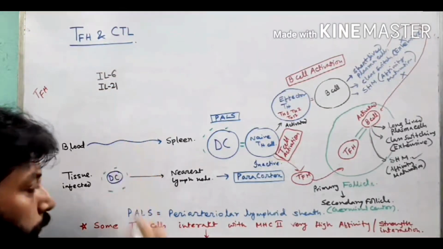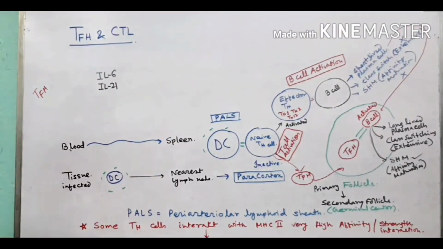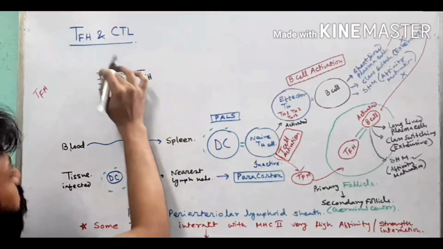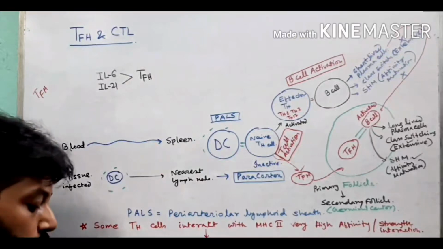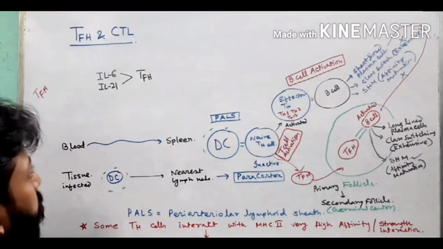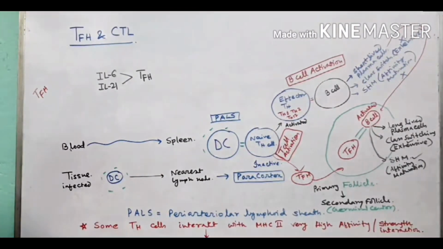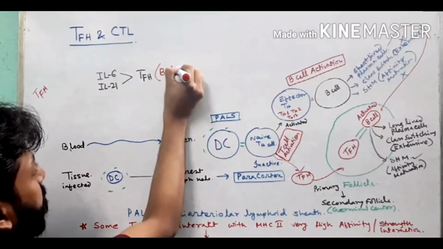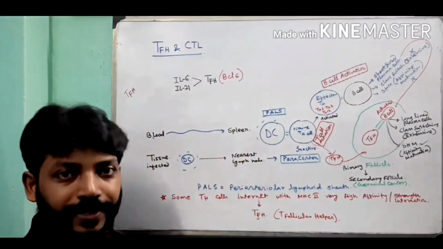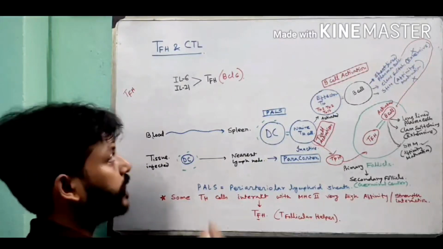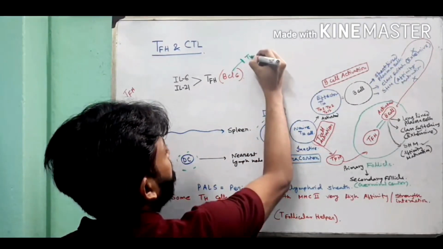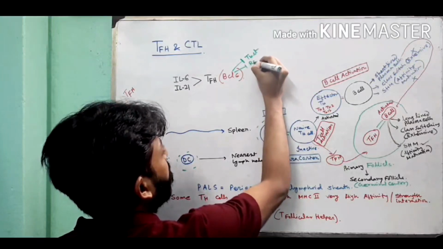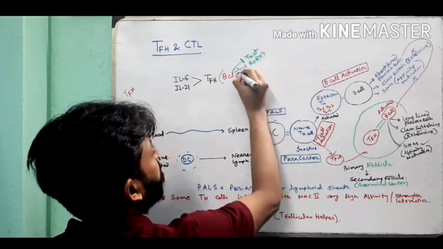These two cytokines help to induce a master regulator in the T follicular helper cell, called BCL6. This BCL6 master regulator, which is a transcription factor, can inhibit T-bet, can inhibit RORγt,